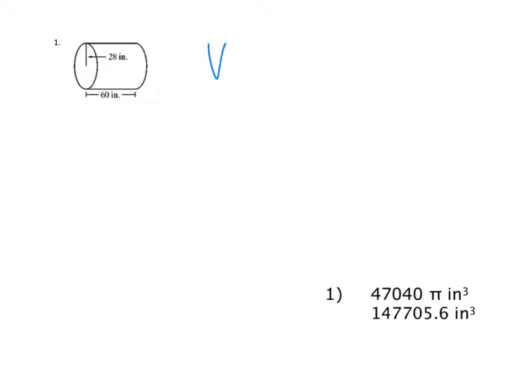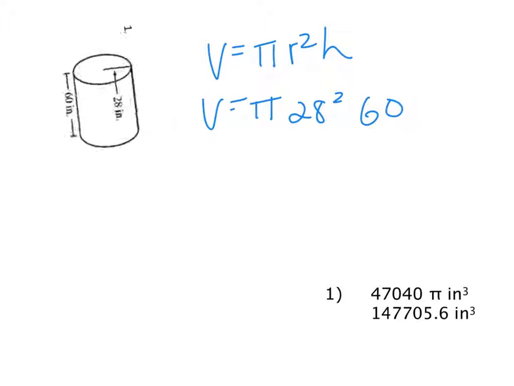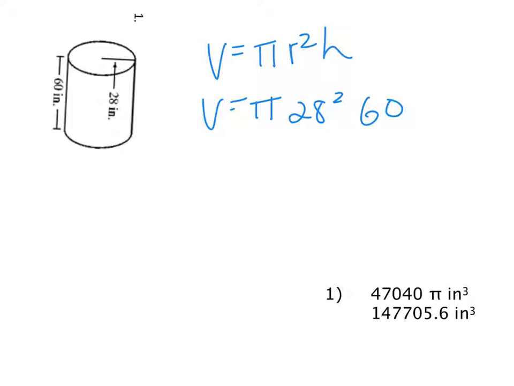So again here, volume is pi r squared h. So volume is pi, and we did give the radius this time, 28 squared times the height of 60. Again, if you didn't see that, remember, you can turn it sideways. That makes you happy. All right, there we go. There's radius and height. So you go ahead and square that 28